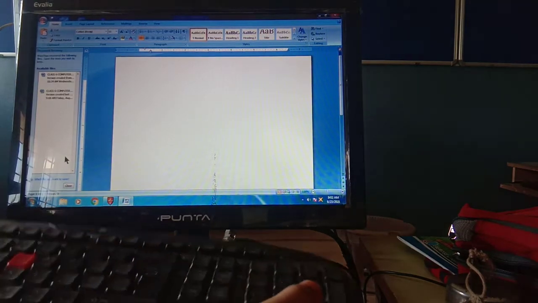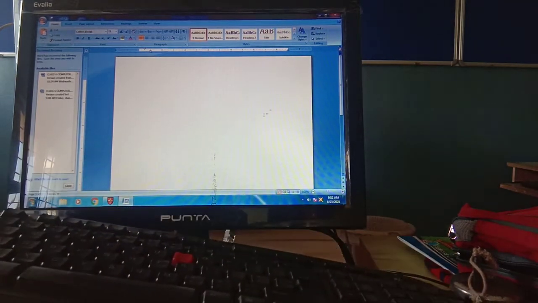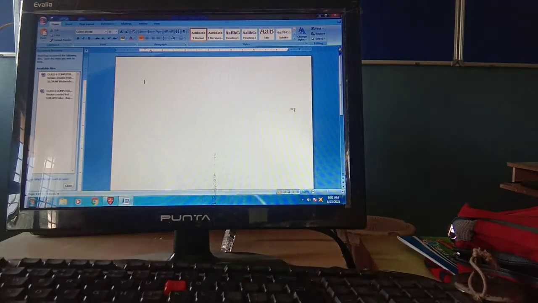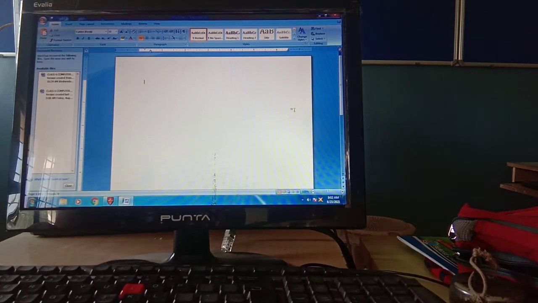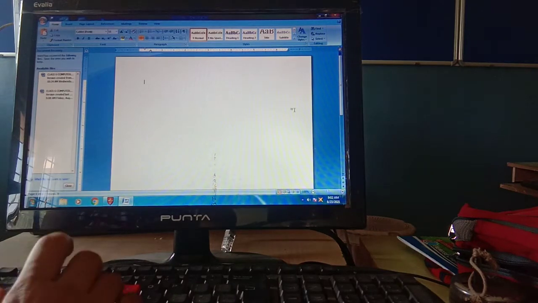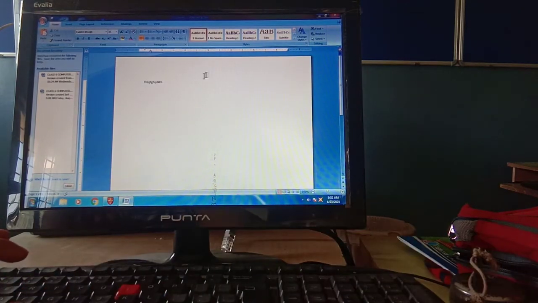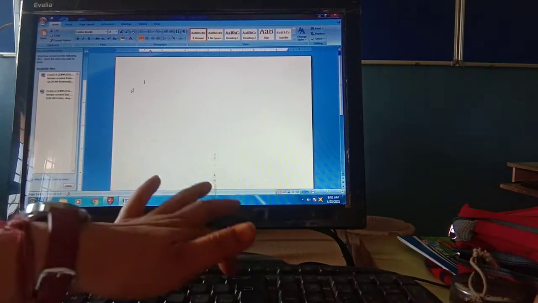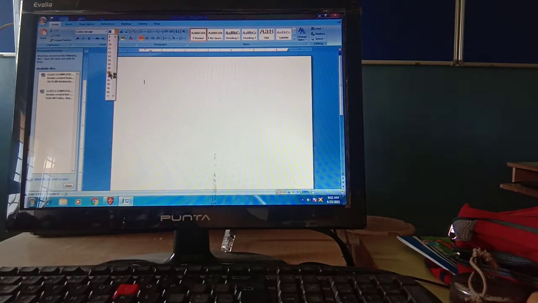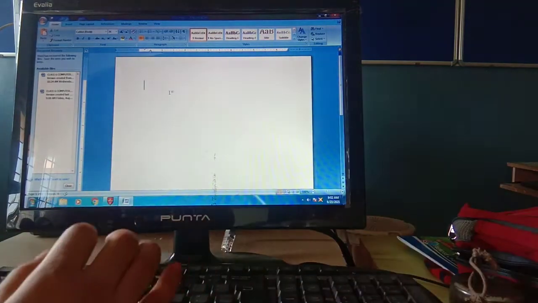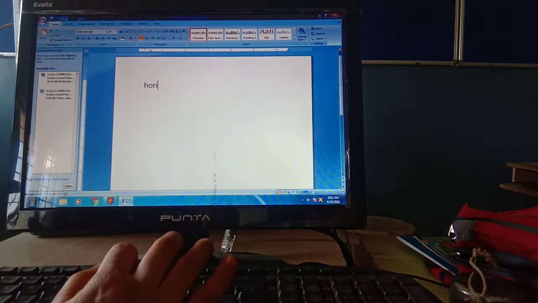I already told you, on a keyboard there is a key called the tab key. For example, this is our text. I am increasing the size of the text so it is visible to everyone. For example, Horizon School.